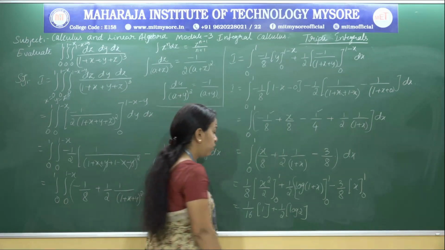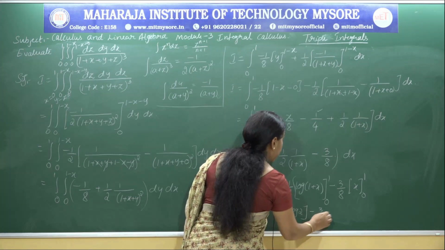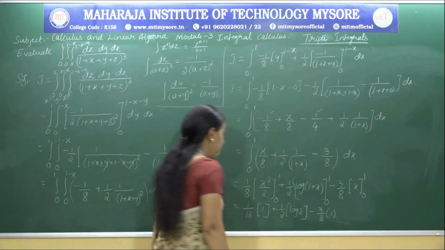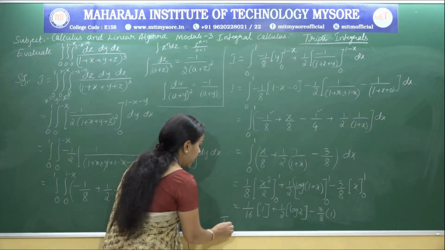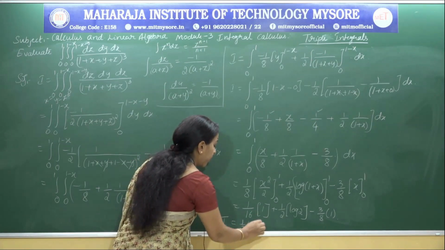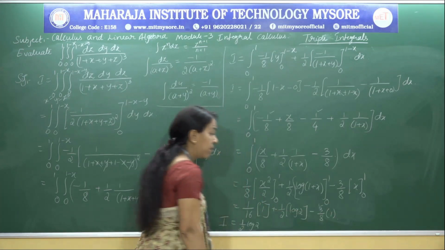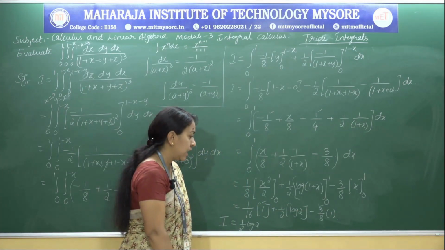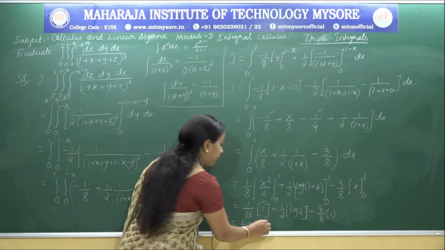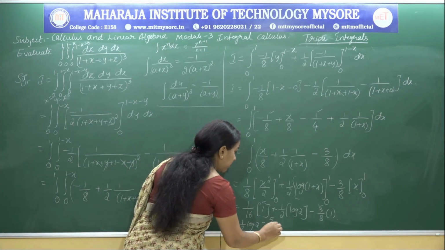So log 2 by 2 minus 3 by 8 into 1. Evaluated result is I is 1 by 2 times of log 2. I can simplify 1 by 16 and minus 3 by 8, if I take 16 as LCM and simplify, we have minus 5 by 16